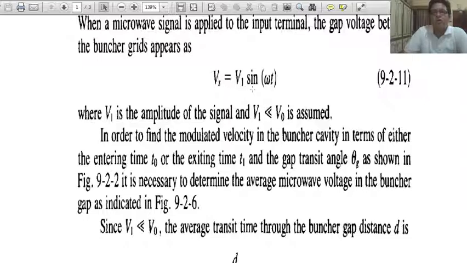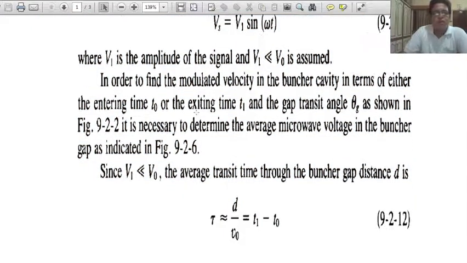Vs equal to V1 sin omega t, a simple microwave signal; we are using a sinusoidal signal here. V1 is the amplitude, and we assume that V1 is less than V0. In order to find the modulated velocity in the Buncher cavity in terms of either entering time t0 and exiting time t1, the gap transit angle theta z as shown in figure